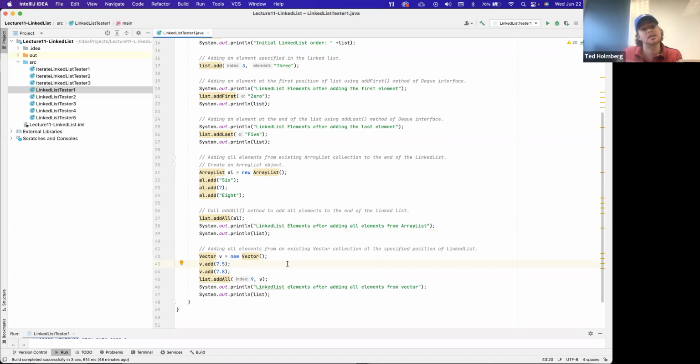So before we had a linked list that we added to another linked list. Here we'll take a vector and add some values into it. So we'll add into the vector 7.5 and 7.8. And then we'll add to our linked list at index 9 all of the values that are held inside the vector. And then we'll just print out the state of our